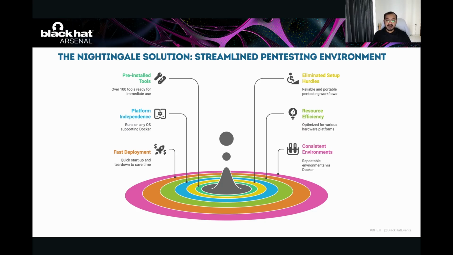Another one is fast deployment. It is very easy and very quick to set up. The only time-taking process is pulling your Docker image, and it's a one-time process. All you need to do is run the container and use it. The other one is a consistent environment. It is very easy to repeat your environment, and very easy to set up multiple containers at a time. It is also very easy to minimize the risk of